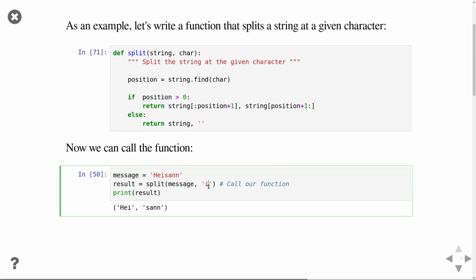We create a new message, a new string, "hi son", and then we call our split function on that message, and we say that we want to split the string on the character i. And then when we print the results, not surprisingly, we get a tuple. Here the normal brackets are explicitly stated in the print statement. The tuple has two components. The first one contains all the characters up to my i,